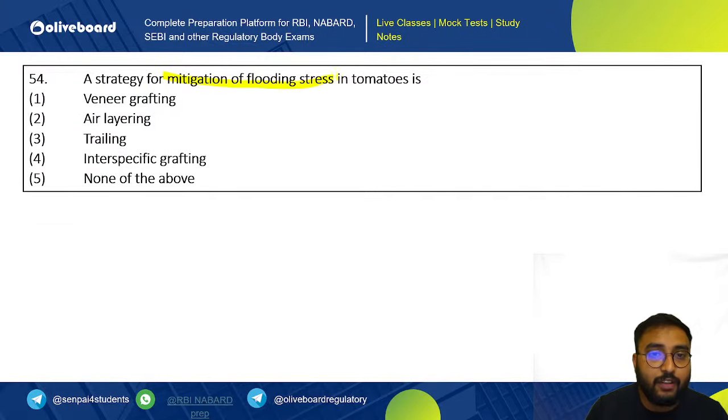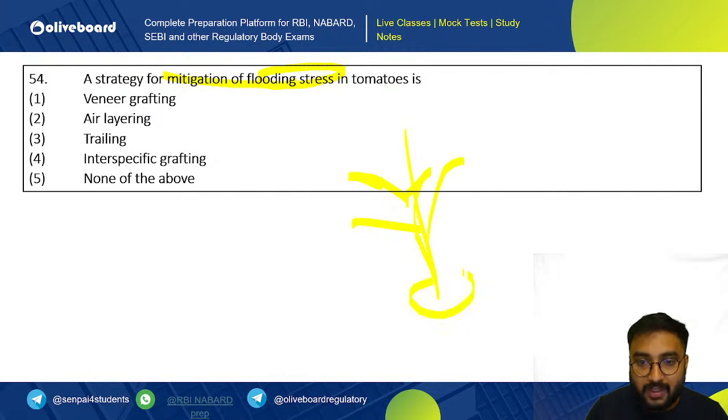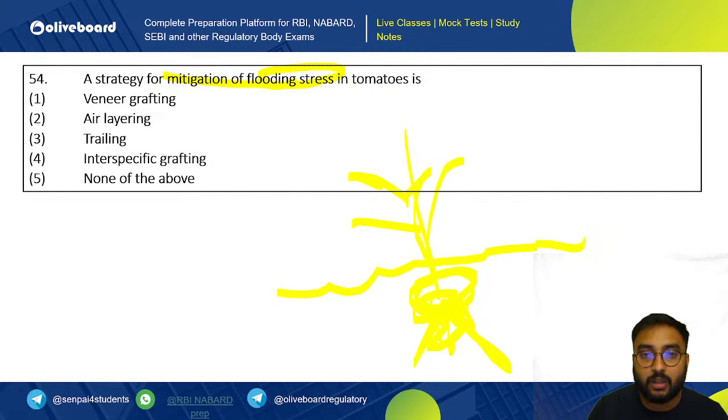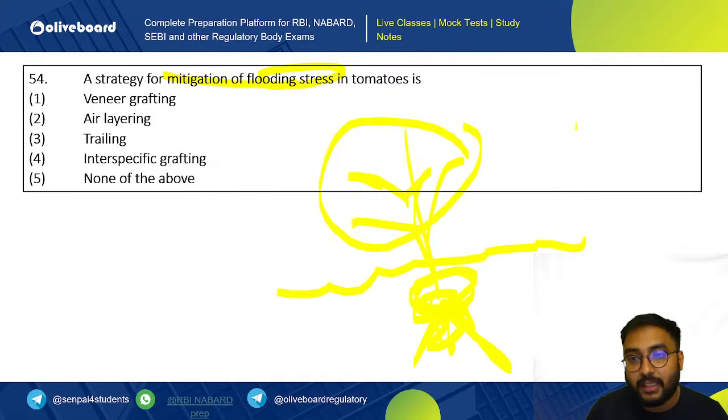strategy for mitigating flooding stress in tomatoes. So tomato plant, suppose there is a water stagnation condition or flooding situation. What happens is that the root of the tomato plant will not survive if a waterlogging condition is there. So therefore, to prevent the tomato crop and its health in a flood-like situation,